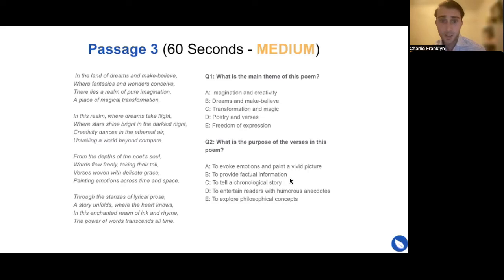To tell a chronological story. It does provide a chronological story, but is that the purpose? Was the purpose to provide a chronological story? I would say it wasn't the purpose. It potentially was some sort of a story, even that is debatable. To entertain readers with humorous anecdotes. Was that the purpose when the author wrote this? I would say probably not. Or to explore philosophical concepts. Again, potentially you could say that, but I'd say again A, which is the correct answer, which a lot of